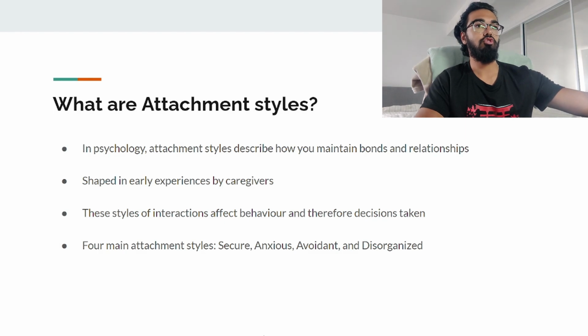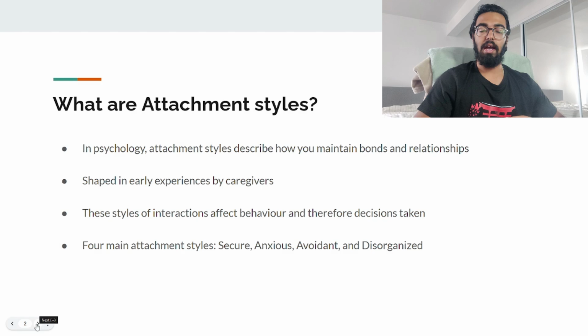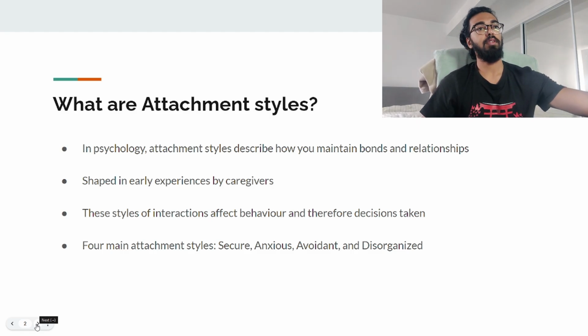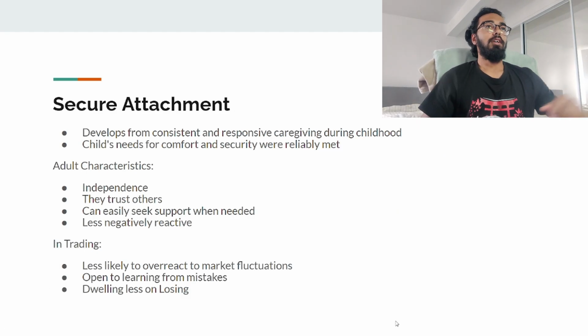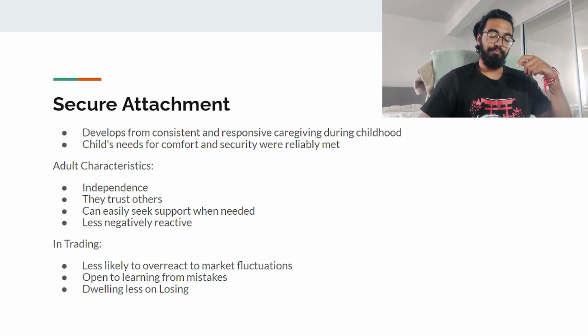There are four main attachment styles: secure, anxious, avoidant, and disorganized. So I'm going to try my best to go through these types and talk about how they influence our trading decisions, our decision-making skills as an adult, which then also filters into trading. So the first one, secure attachment. Essentially, just to highlight that this attachment style is basically the only positive one out of all of these attachment styles,